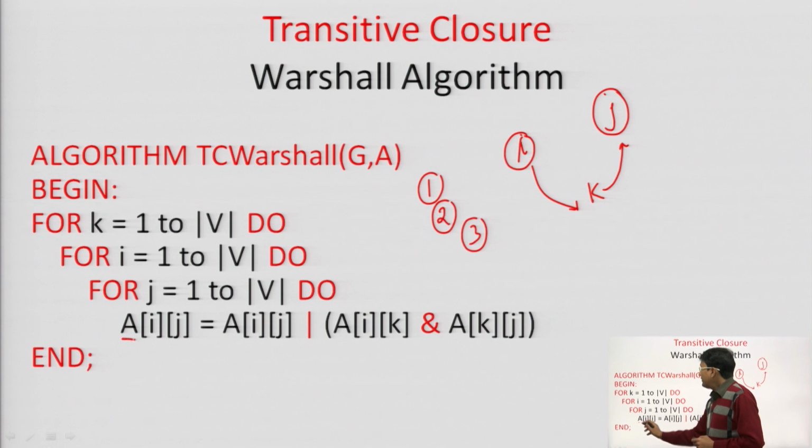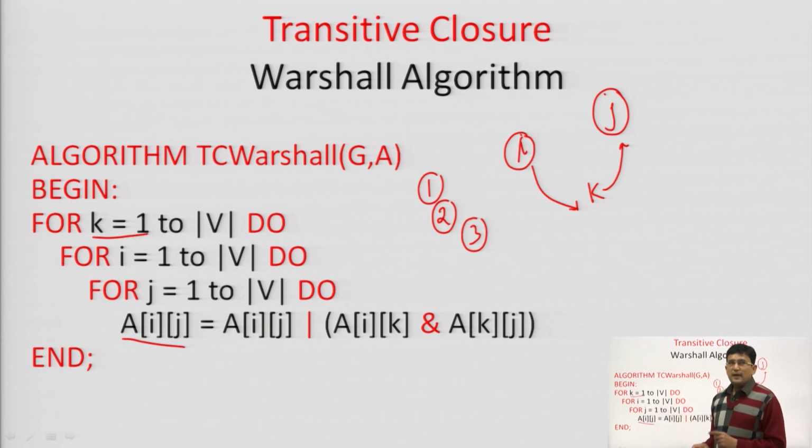Okay, so for finding out the matrix entry, what we have done, let's say we are taking K as 1. By taking K equals to 1, you take all the entries of the matrix and find them out once again by taking one vertex as a mediator. So, if the direct path is not possible, there is a possibility that a path is possible with the help of a mediator vertex. So, either the direct path is possible, or the single line is representing OR, and this ampersand is representing AND.